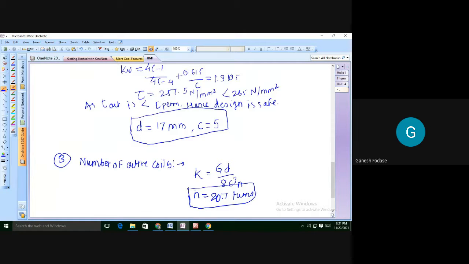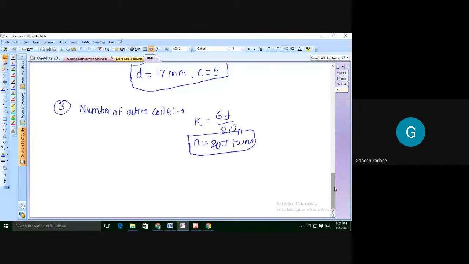Now, depends upon square ends. How the spring ends are, we can decide the number of active coils. But in order to find total number of coils, in fourth step, we can find total number of coils. And in theory, we discuss how this formula is varying based on type of ends. Let's say notation we take here, it is N dash. It depends upon end, whether it is square and ground end, it is ground end, or only a simple end, plain end. Based on that, this formula varies. Assuming that generally we assume square and ground ends.